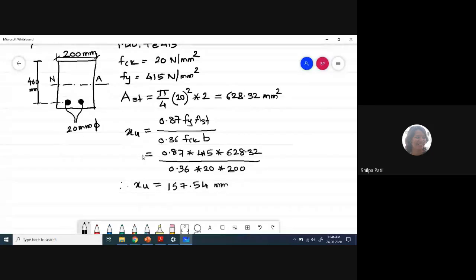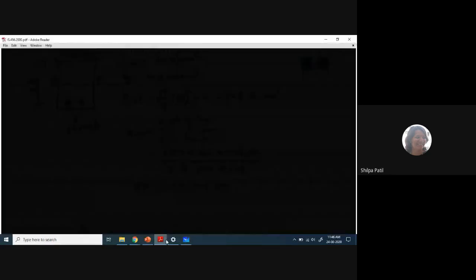XU max is given as KU max into D. So you need to find out first KU max. Last week we filled a table that shows, for a given grade of concrete and grade of steel, how we can find out KU max. But instead of that, there is one shortest way to find out XU max or KU max. For that, you need to open your IS code now. So all of you just open IS 456